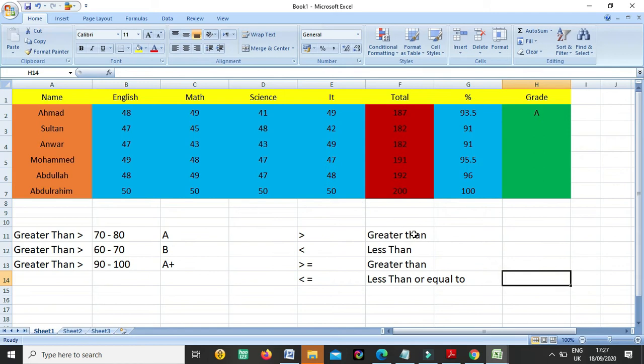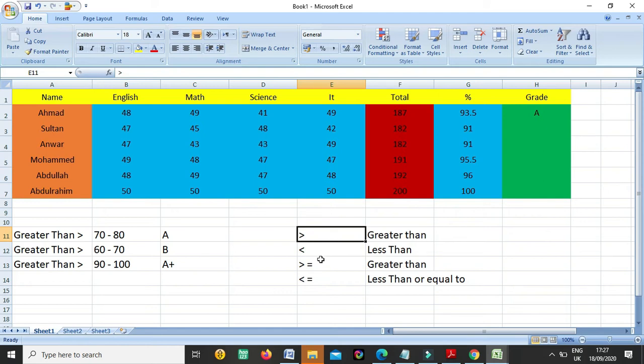So guys, before this, I will explain to you. You should remember these symbols. Like this symbol we use for greater than. If somebody is greater than 80, then what will happen? If somebody is less than 80, then what will happen? If somebody has greater than or equal to 80, because in this case, if greater than 80, but what will happen if he is equal to 80?